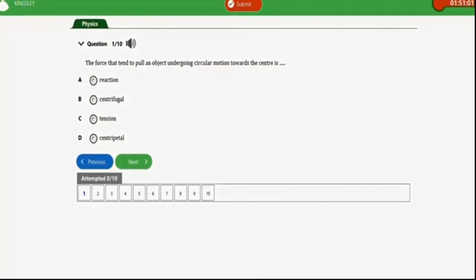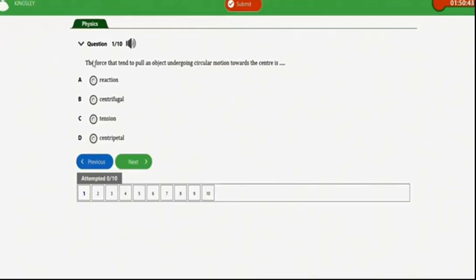In this video, we are going to learn how to solve problems involving motion in a circle for physics. So we are going to practice with 7 repeated questions for this topic. Let's get started. The first question says the force that tends to pull an object undergoing circular motion towards